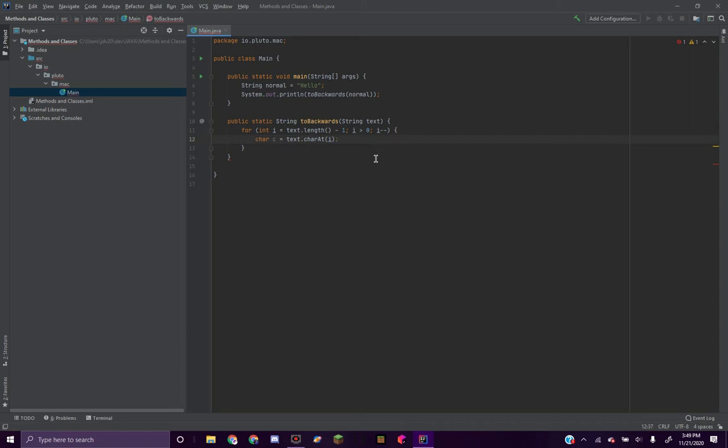Okay, there we go. Fixed it. Make sure to add a -1 after the length. Also, before the for loop, type StringBuilder, one word, just like this: builder equals new StringBuilder. Just add this line. Then what you're going to want to do inside the for loop, after the char c equals text.charAt(i),